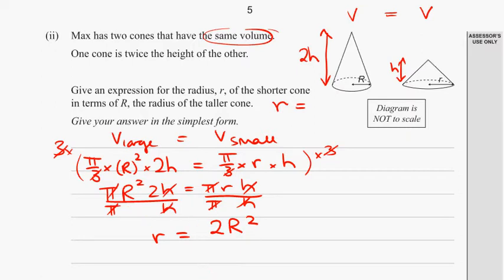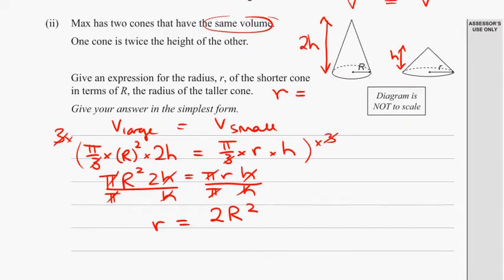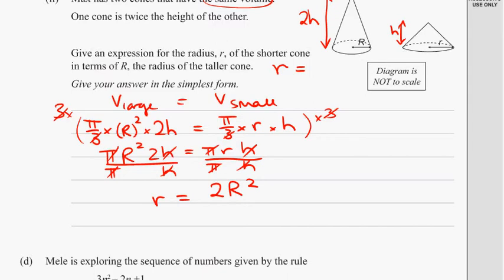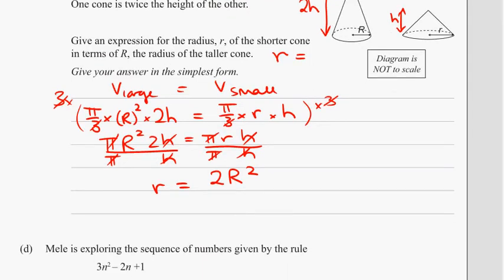So we've got an expression for r in terms of big R. But we've forgotten the little squared there, haven't we? So there's a little squared there, which would mean that r would be the square root